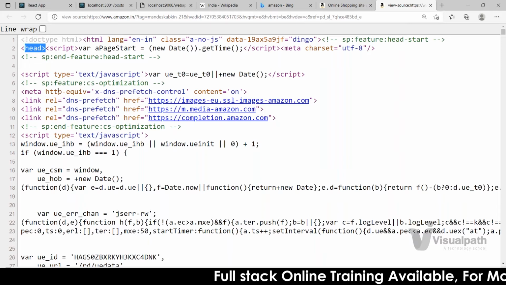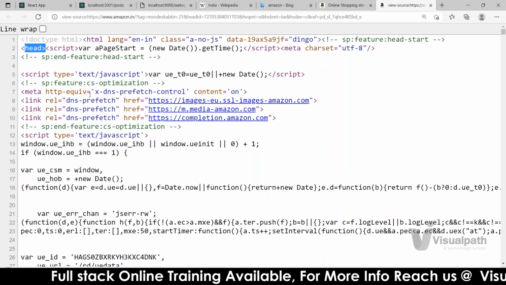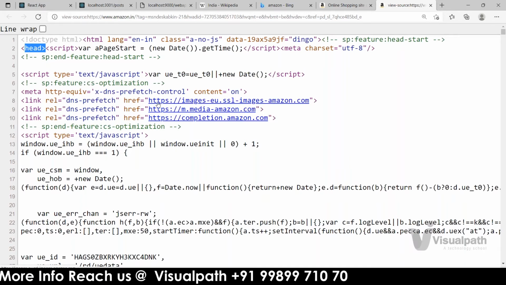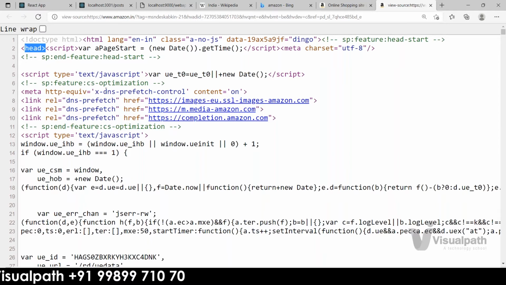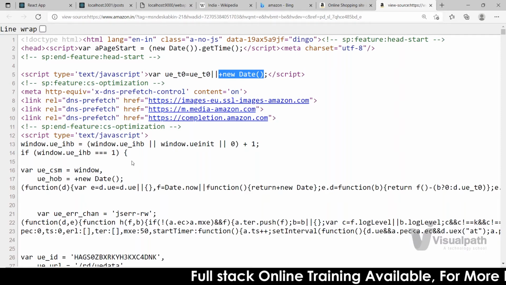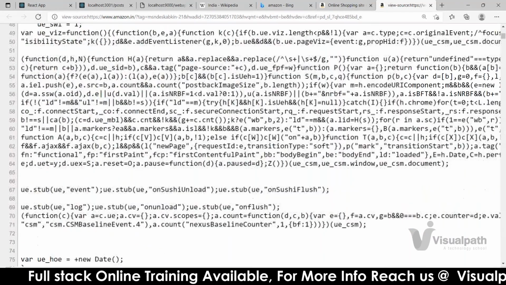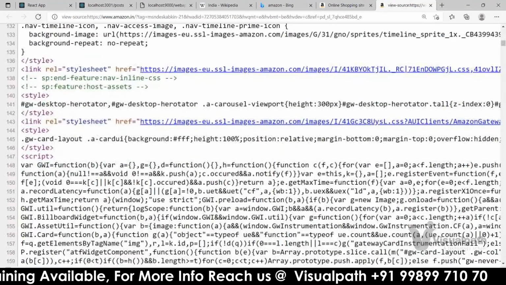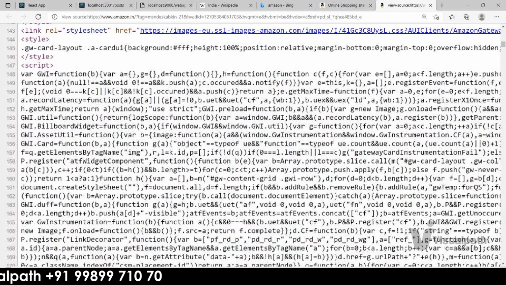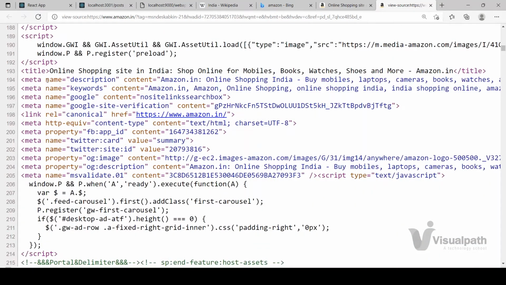Forget about other things. Whatever you see in this head tag, some external links, something from other resources, some meta information, some JavaScript file you are adding, some styling you are adding, whatever it is, everything you are doing in the head tag. Forget about all these things if you don't know, that's also fine. But then here you are able to see something like title.